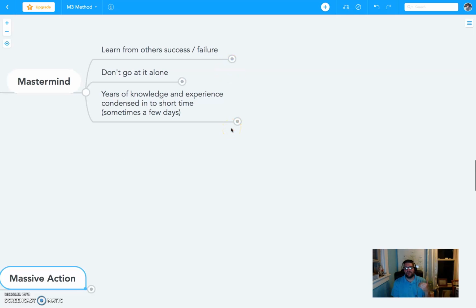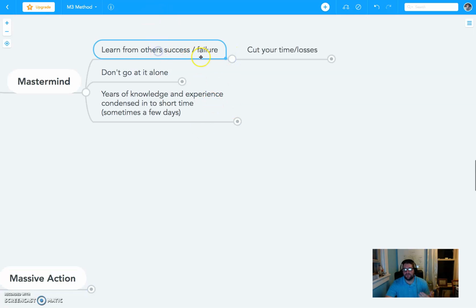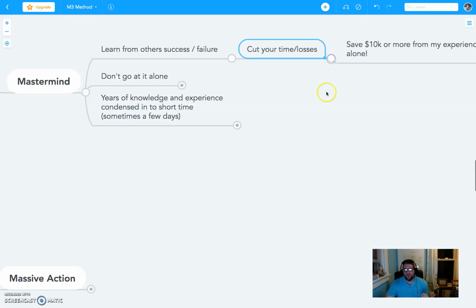Masterminds are becoming more and more popular, but basically a mastermind is a condensed form of knowledge, taking years and years of leadership experience and condensing it into short time frames, usually a couple days. You get to learn from others' success and failure, and you cut your time and your losses.